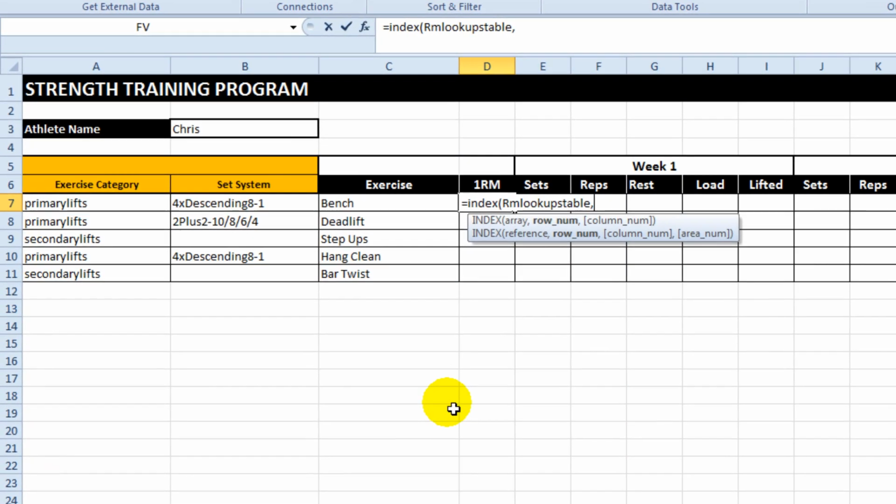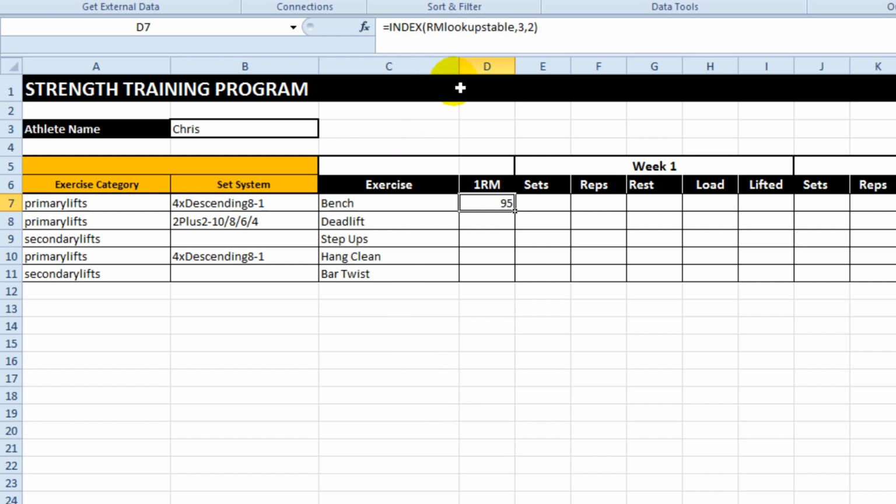And so I need to write a row number and a column number. I'm just going to type it and then we'll replicate it in a second. If I'm not mistaken, it was row 3, column 2. Now that's no good to me. I need it to be dynamic and I need it to be able to figure out the athlete and the exercise automatically. So what I'm going to do is, instead of 3 here, I'm going to do a function